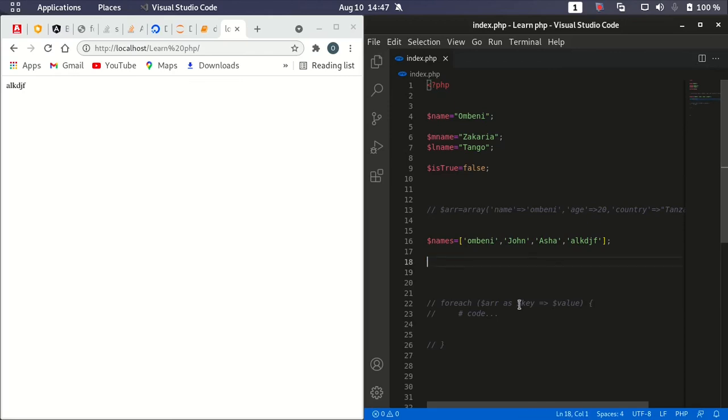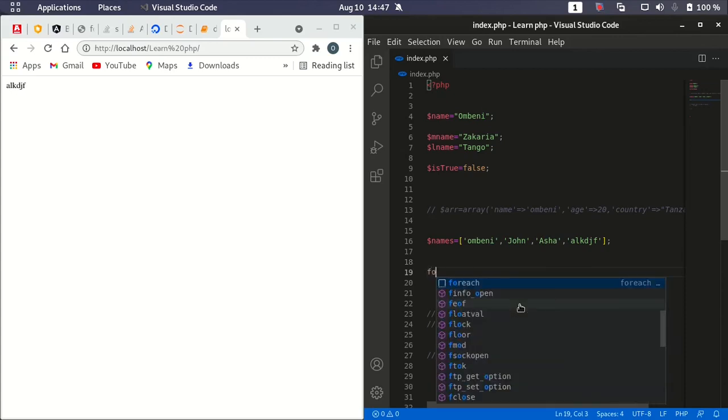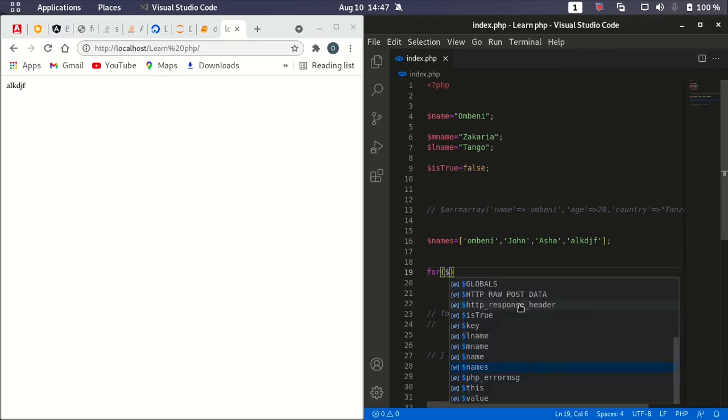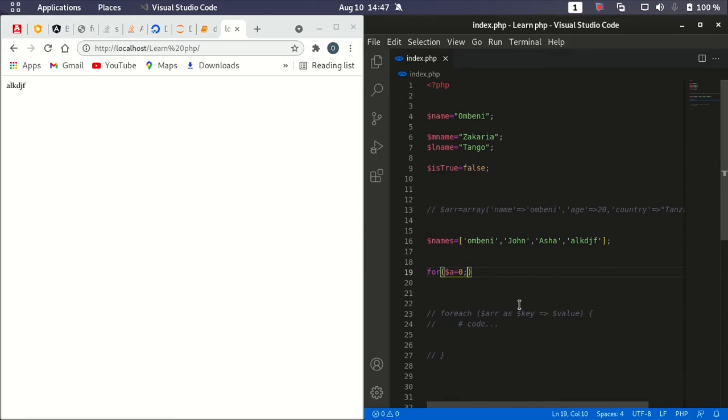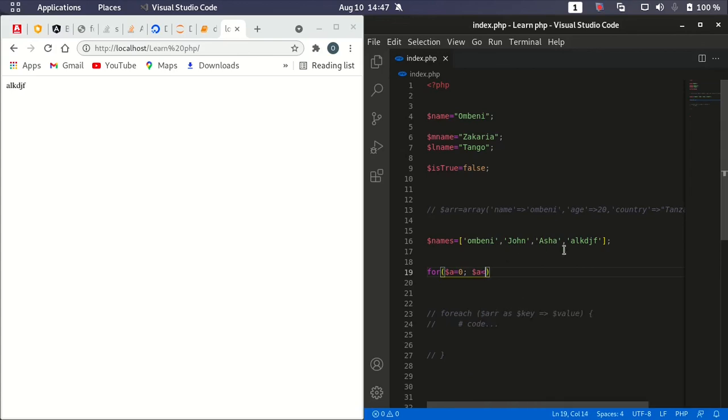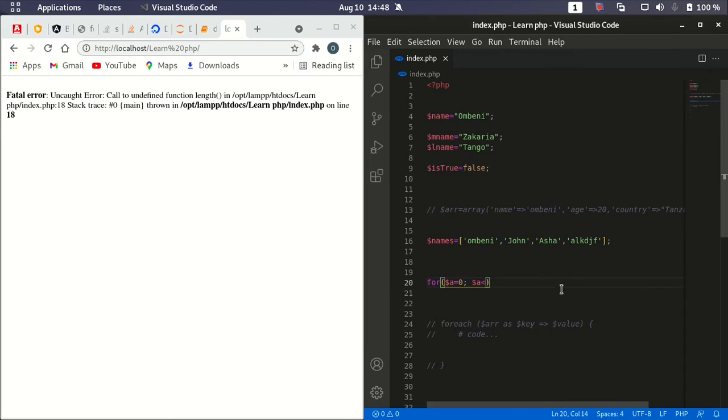So you can use a for loop to iterate over an array. For example, I just say for, just anything, a equals to 0. That means we are starting at position 0 now, and then let's say a is less than the length of this array. So here, after creating this one and this, here we're going to put the length of an array. So let's count. The length of an array will start with 1, 2